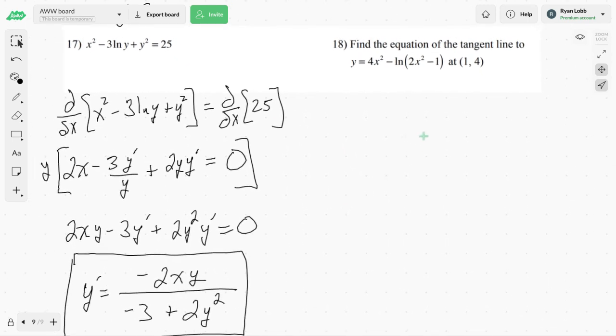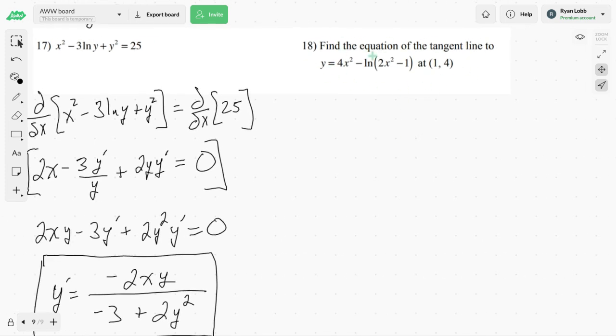And then for now under here, we're going to find an equation of a tangent line. Keep in mind, what do you need to find the equation of a line? You need a point and the slope. Here's the point. 1 comma 4 is the point. So I need the slope. But what's slope for us? Slope for us is derivatives. So I got to find the derivative of this. So what's y prime? Derivative of 4x squared minus the derivative of ln of the stuff, which would be 4x over